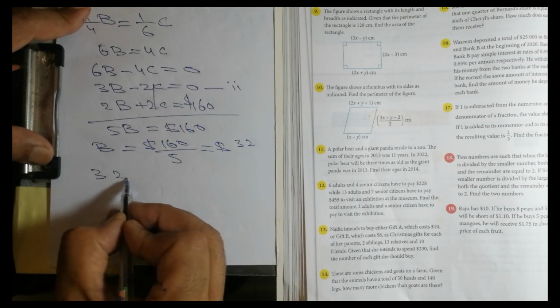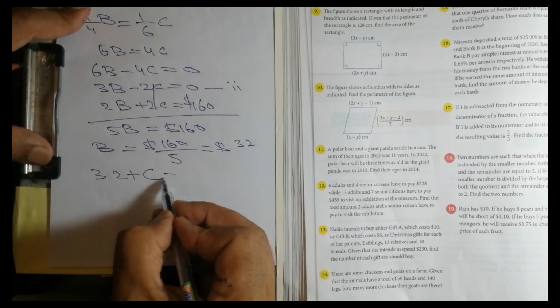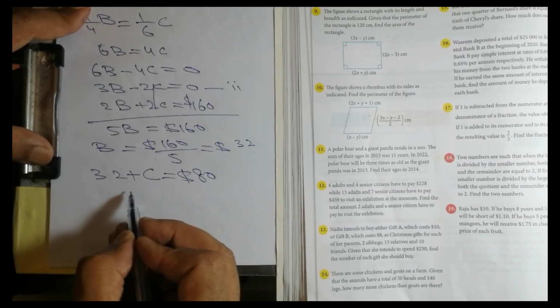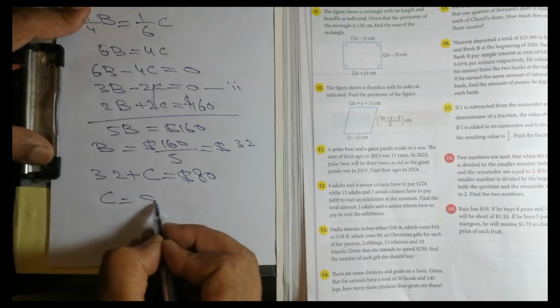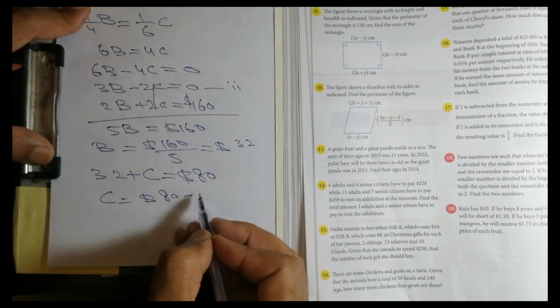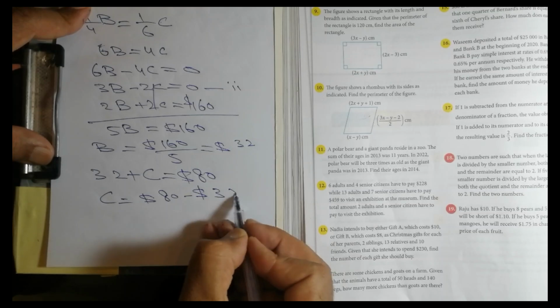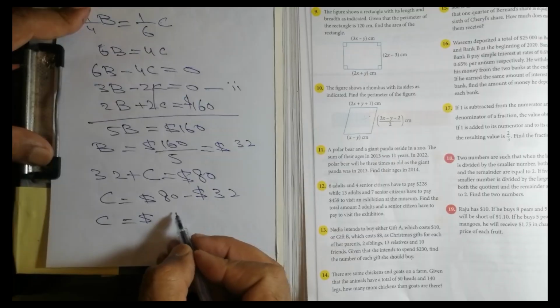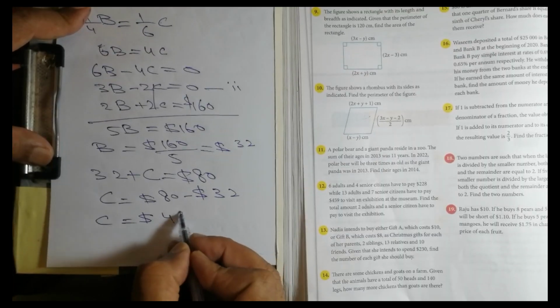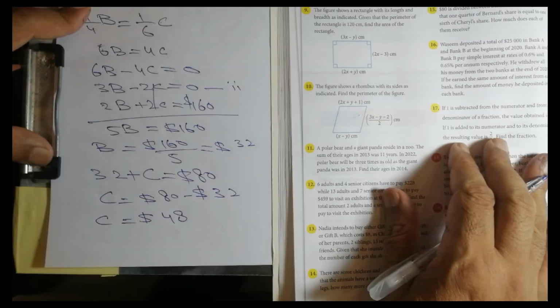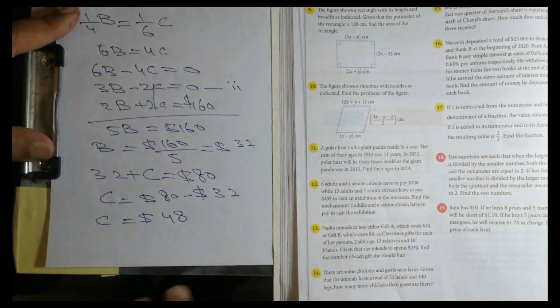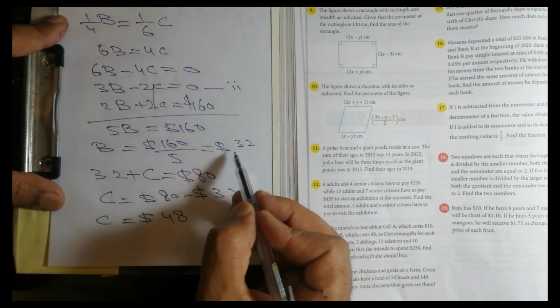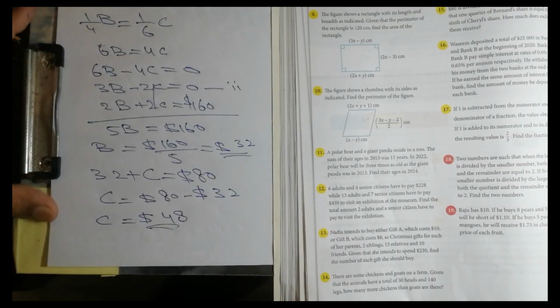So 32 plus c equal to $80, and c is equal to $80 minus $32. So c is equal to $48. How much does each of them receive? So Bernard will receive $32 and Cheryl $48. This is the answer. Question number 16 is Wasim deposited a total of